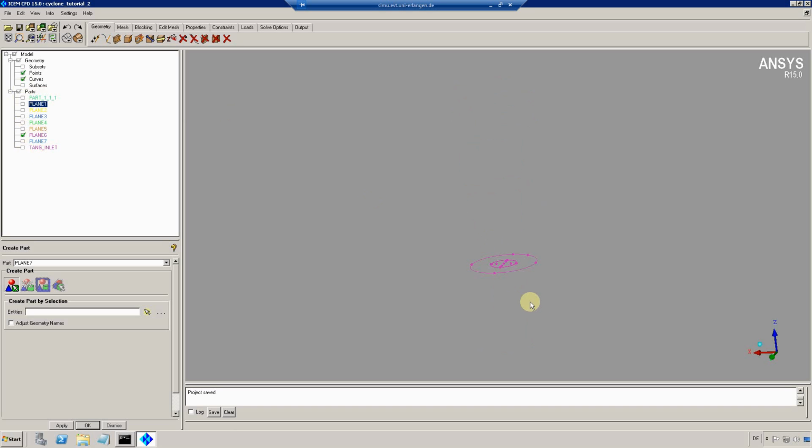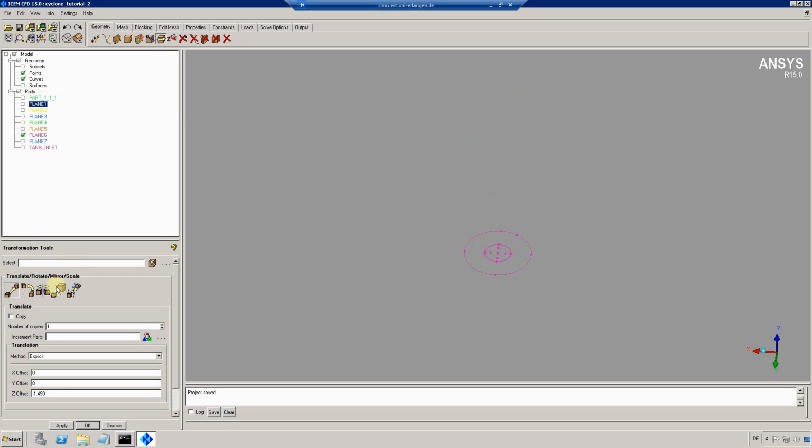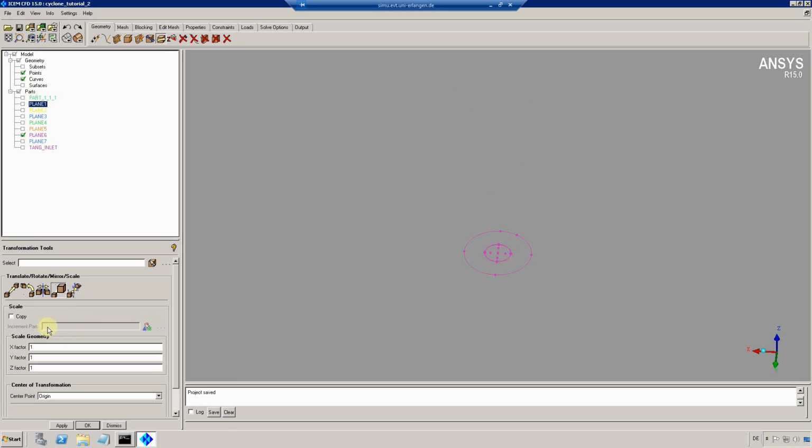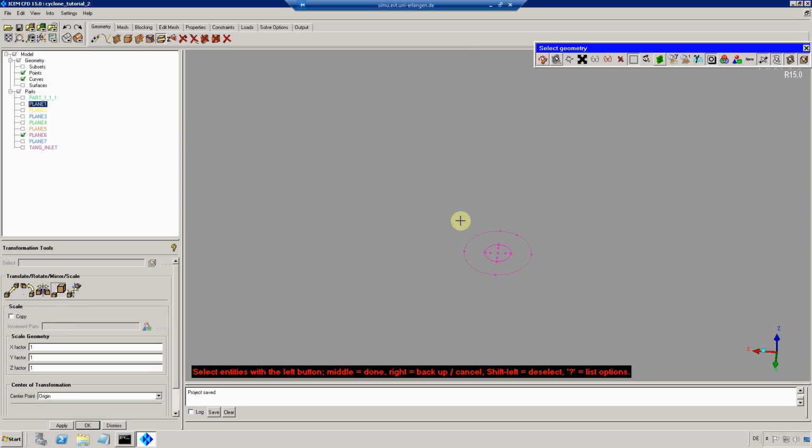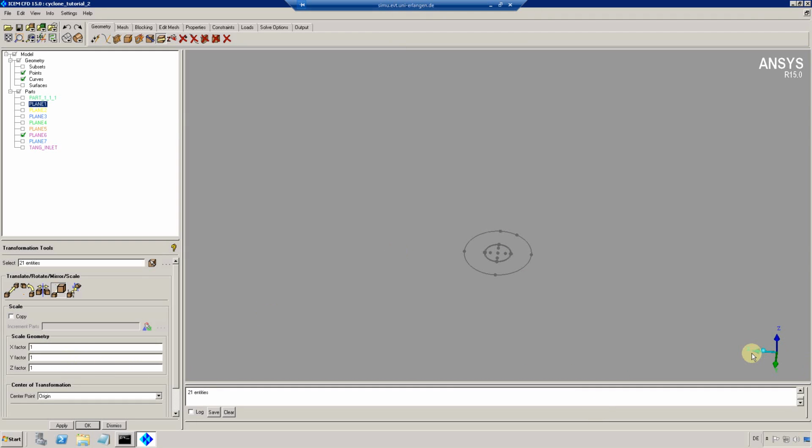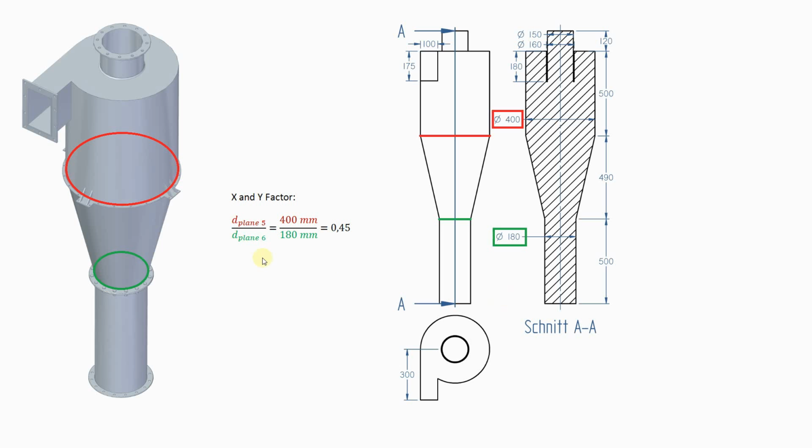and I'm going to use the scale tool. I don't want to copy, I want to keep the original files to be scaled, and I'm going to select all of plane 6, and I want to scale in X and Y direction. So I need an X and Y factor. And I've already prepared the calculation of the scale factor between plane 5 and plane 6 in the draft, as you can see here. So back in ICEM I type in